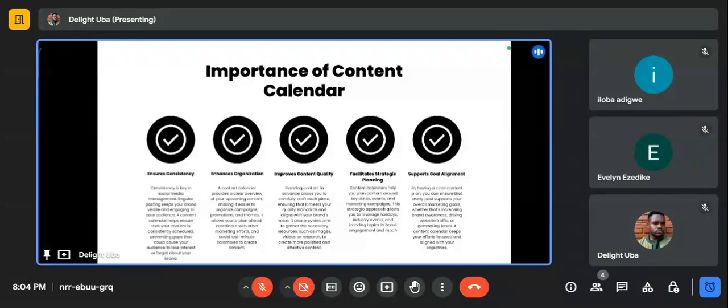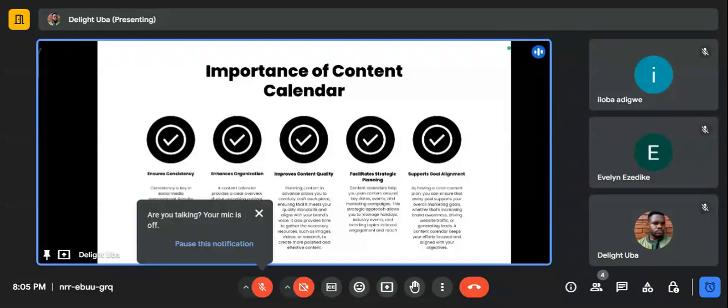Let's say you're planning content for the month of December. So you know the content to plan for December 24th, the content to plan for December 25th, the content to plan for December 31st, content that reflects what these days are about. That's exactly what a content calendar helps you do. So